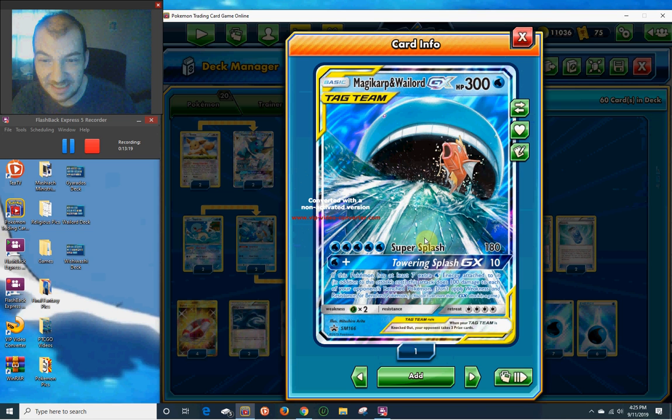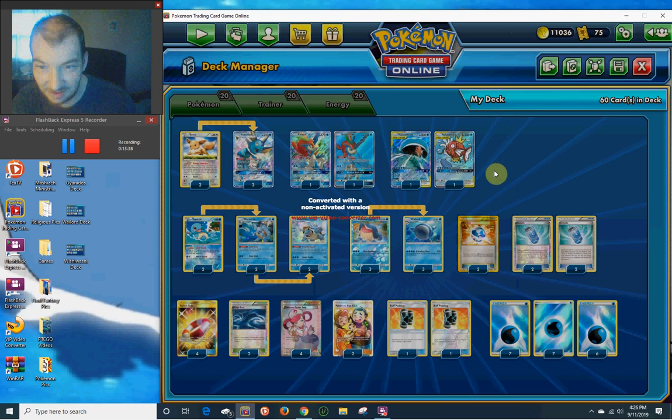And I run regular Wailord, which is pretty good. Dwindling Wave does 200 damage, but this attack does 40 less damage for each damage counter on this Pokemon, which kind of sucks when you're taking damage, but if he just comes out, he can pretty much take a lot of things out. So, and I run 2 Dive Ball, 4 Evo Sodas,